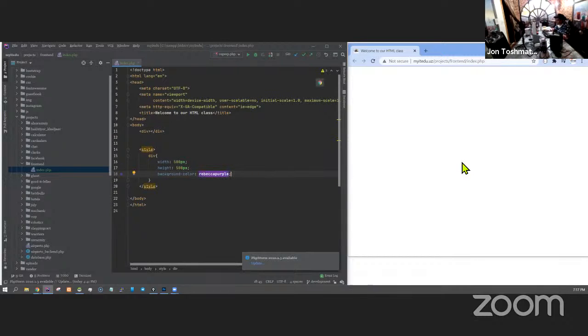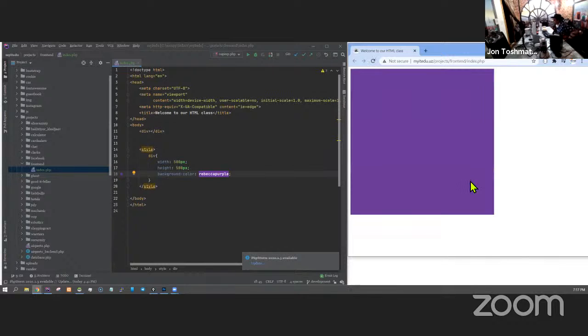Good. Now, since I already have the box, next thing we're going to do is put that in the center. There are a couple of ways you can do that. One is we can go to the body and tell the body text align center, but if you do that, then that will enforce text align center for all other elements in HTML. The real question is, do you want that, or do you want the text align center only for this particular div box? If the answer is the latter, then